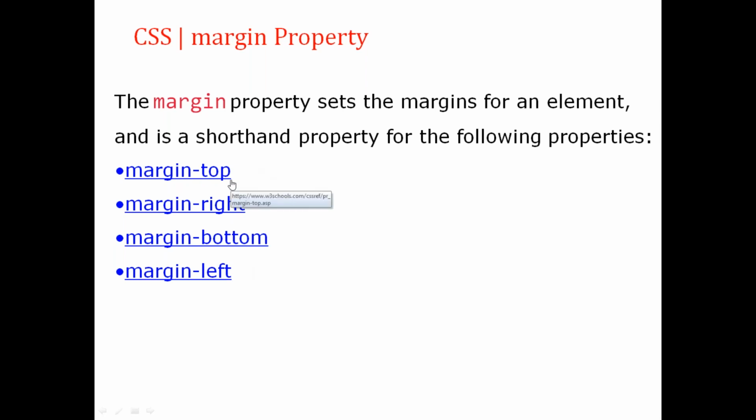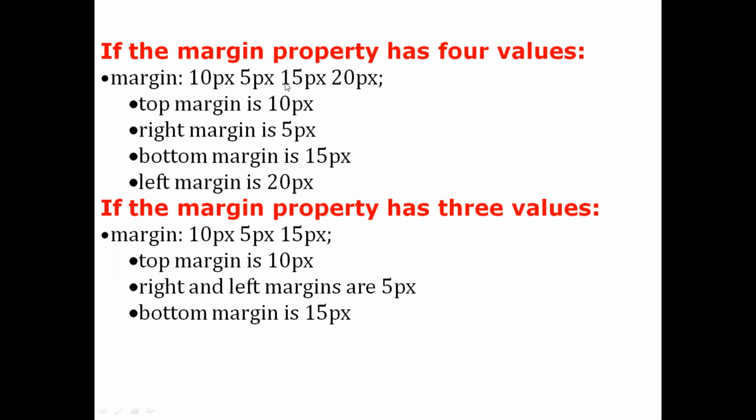How do you write the margin top? For example, margin-top colon 10px. 10px means a space of 10 pixels that is given at the top of your text. That is margin top. If you want to give space for margin right, you can give; bottom also, left also. There are 4 types. Then there are 4 values we can provide for the margin.